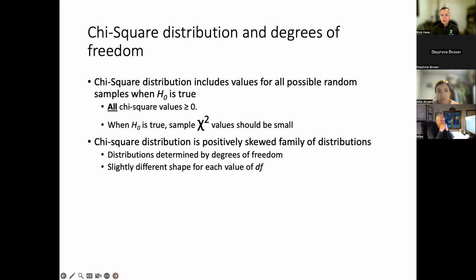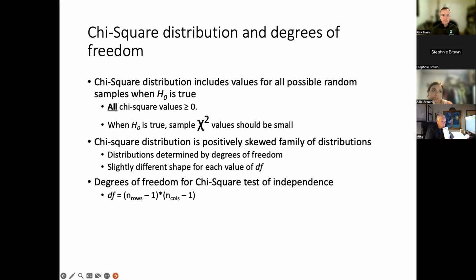Actually, sorry, t distribution. And because it's related to the t distribution, it does have degrees of freedom. It's positively skewed usually. And each chi-square distribution does have a different degrees of freedom, which can be computed from the contingency table as